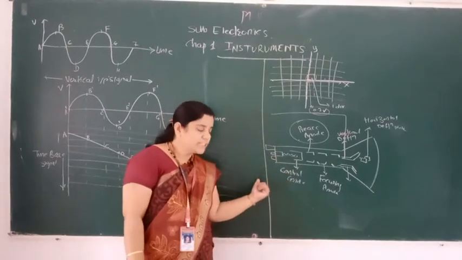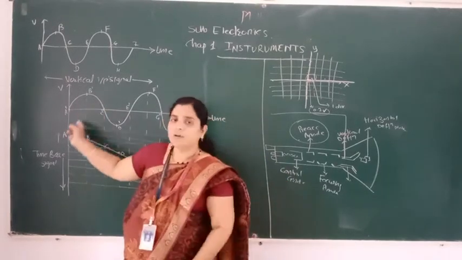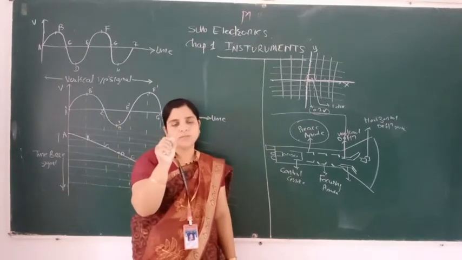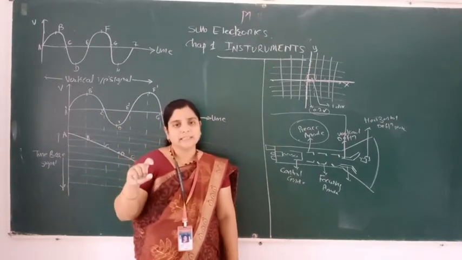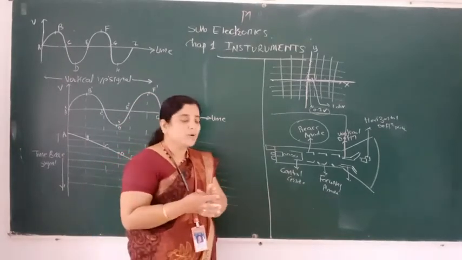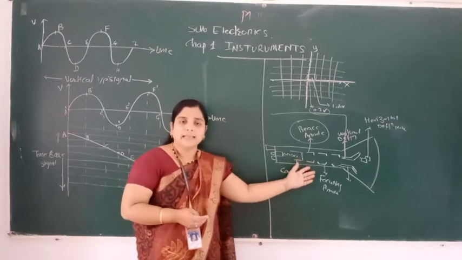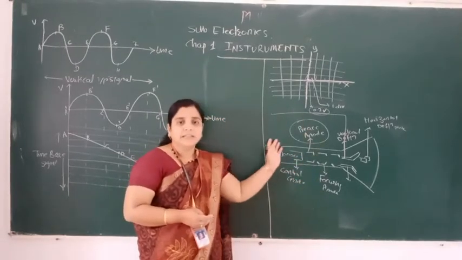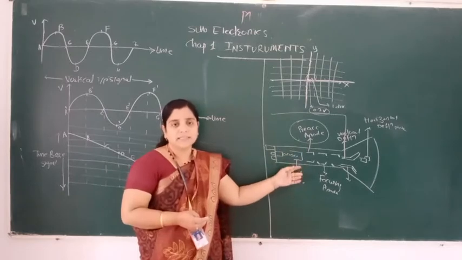Okay, before reaching the CRT, what happened that we have observed here? A DC signal is given, one spot is observed; an AC signal is given, that spot is in movable form. And the resultant is what? It gives the electron beam, and what happens to that electron beam here in the CRT? In the first lecture we have seen what is CRT.